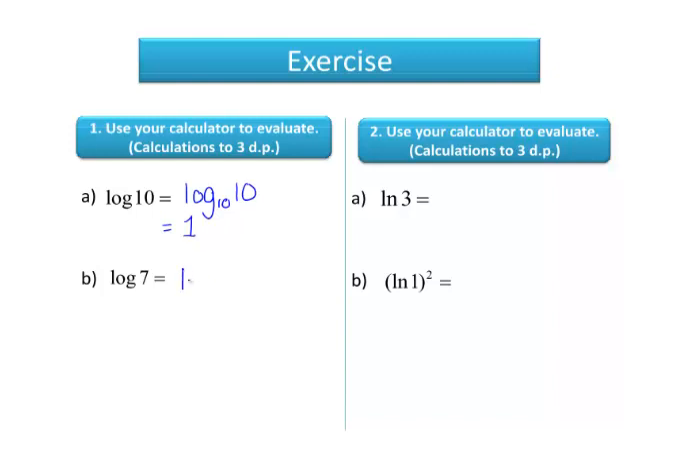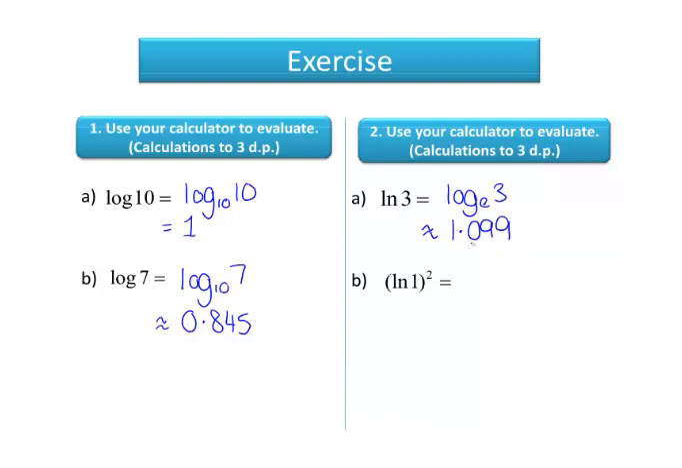Log 7, again, it just means log base 10 of 7. If you plug that into your calculator, so give it a go, log of 7, you should get approximately 0.845 to 3 decimal places. Now let's try some natural logs. Ln of 3, again remembering that that means log to the base e of 3. So plug that ln of 3 into your calculator and you get approximately